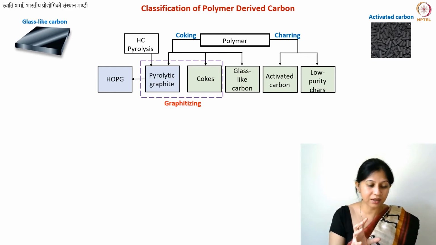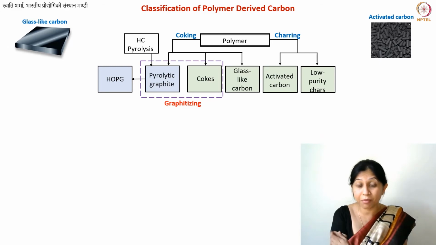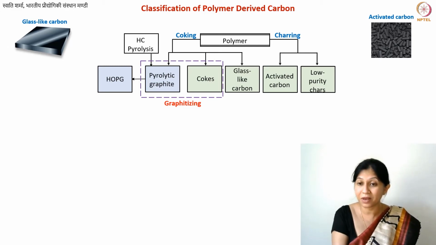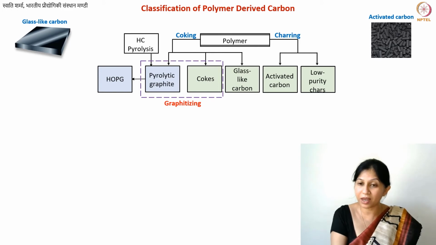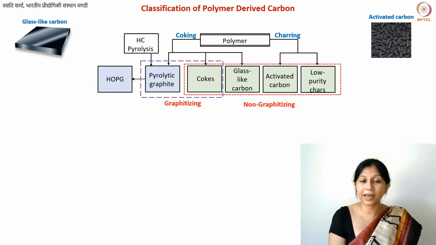So whenever there is a low purity carbon, or you don't know the exact composition of that polymer, or whether you have any metal impurities in it or not, which can very well happen in the case of waste materials, or waste derived carbon, let's say. If you don't know much about it, or you cannot say 100% this is the purity, this is the type of carbon, then you just call it char. So low purity chars I have segregated. We would call it either charring, or we can also obtain it with a combination of coking and charring. Okay, so now interestingly,